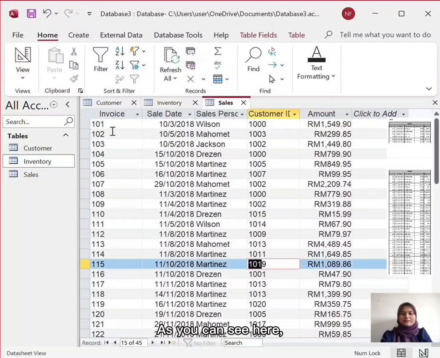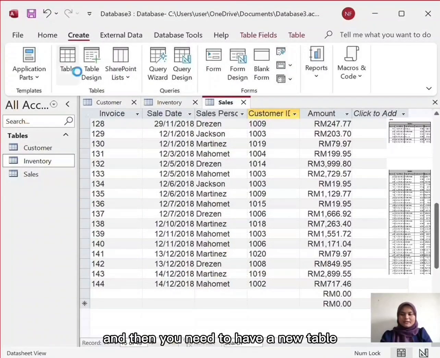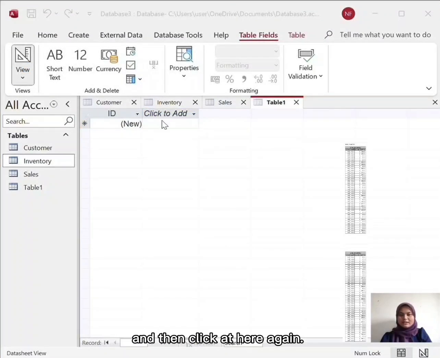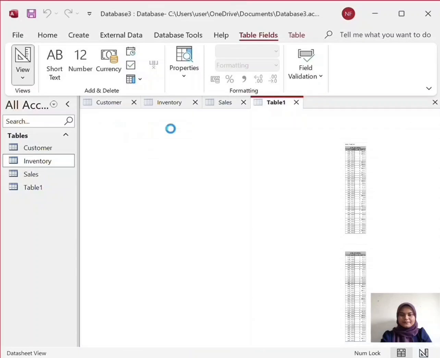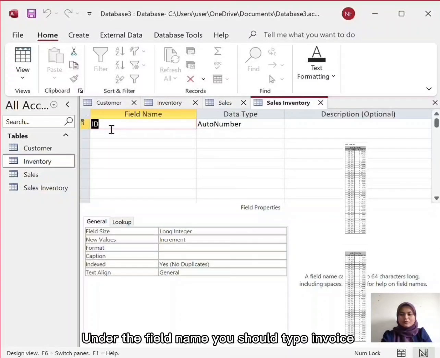Okay, you see here 101 until 144, and then you need to have a new table, and then click add here again. This is for sales inventory. So under the field name you should type invoice.